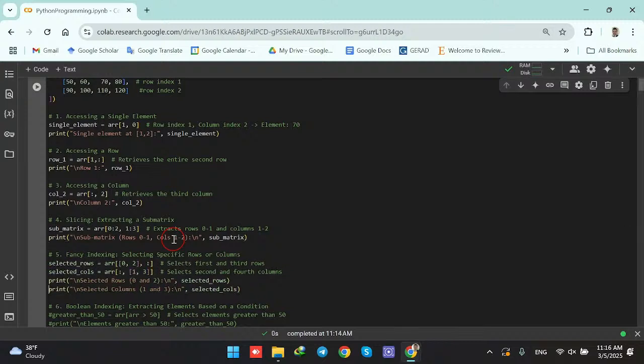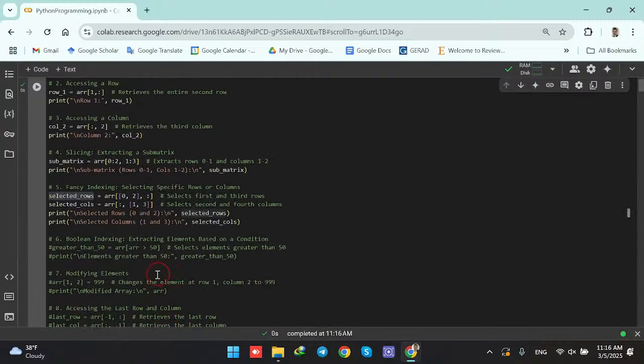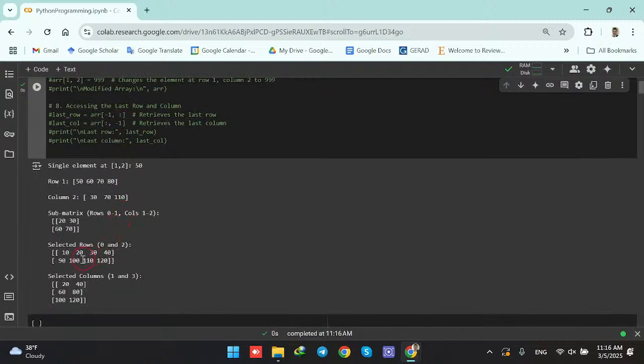Then in the next line, we could have selection of specific rows or columns, for example. This is called fancy indexing. Here we are selecting the first row and the third row being assigned to the selected row. When I run the code, we see that for the selected rows, we have the first row and the last row, the third row, being printed. So the first row is 10 to 40, the last row is 90 to 120. So we see that the first row and the third row, which is the last row, is being assigned to